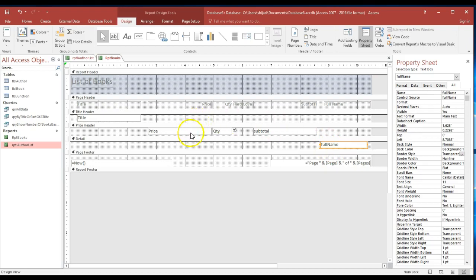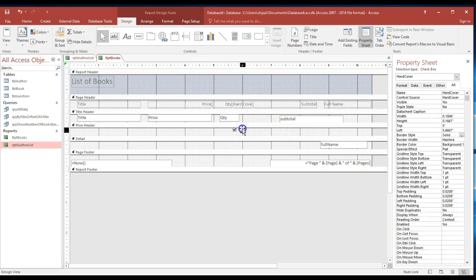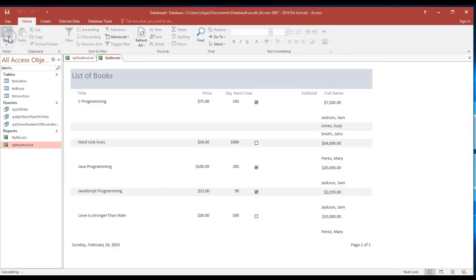There is only one price for the book. There is only one quantity. There's one subtotal. But if I could move this to here, let me show you. I could do that. Okay. Here we go. Even this hardcover or not. And if I go ahead and show you here, that's going to show me